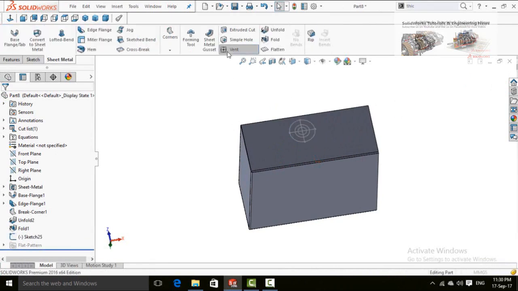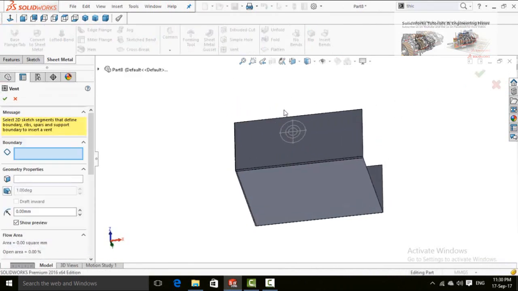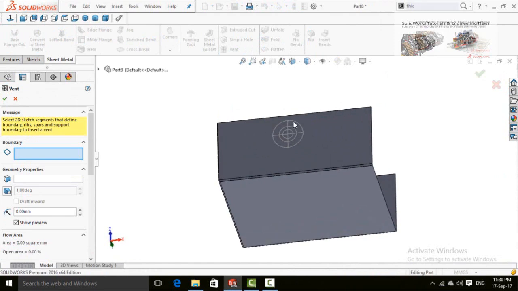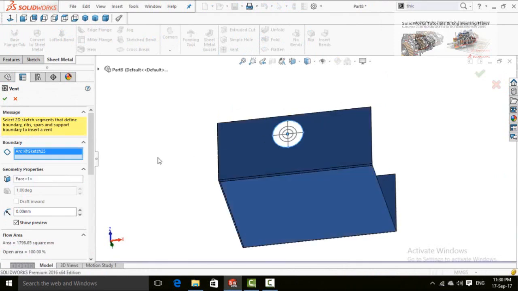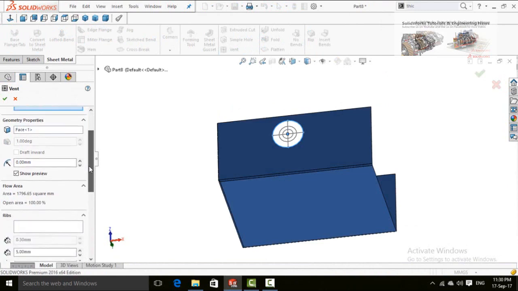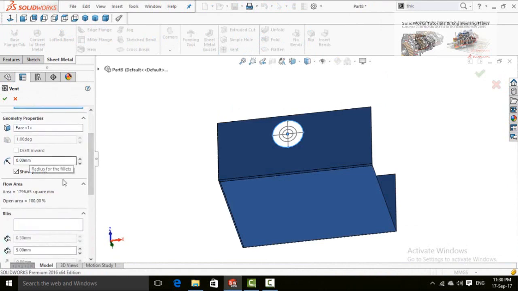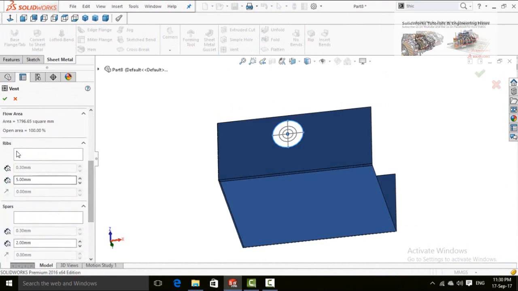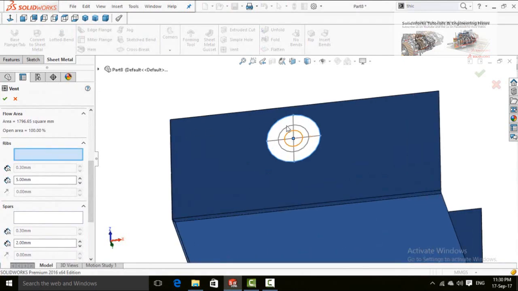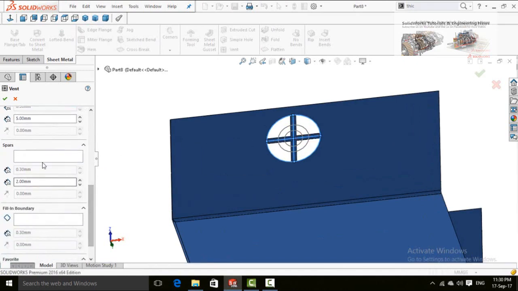Now you can use the vent command. First of all, it will ask you about the boundary. So this is our boundary. Then these are the options, review them by yourself. Here is the rib. So these are 2 ribs, select them one by one. Again scroll down and spars, so select this circle as spars.